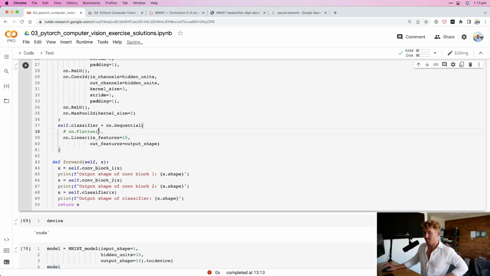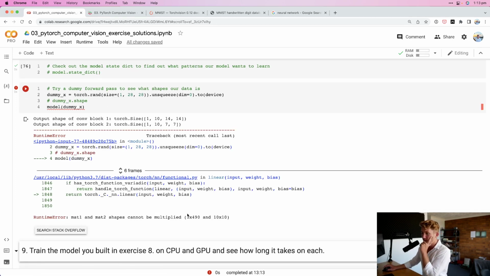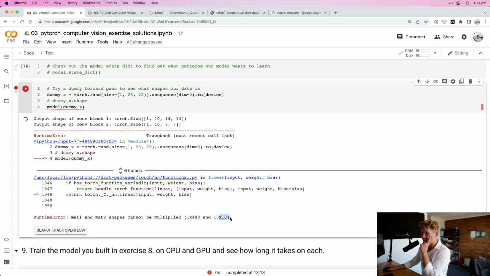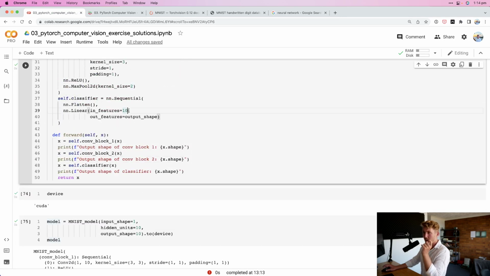Or what if we keep the flatten there and go back? Where are we getting this idea? So 490, how do we get these things to line up? What are the rules of matrix multiplication? We need the inner dimensions to match. So where is this 10 coming from? Let's have a look. Let's change this to in features. Oh, could that be where our error lies? Let's change this to